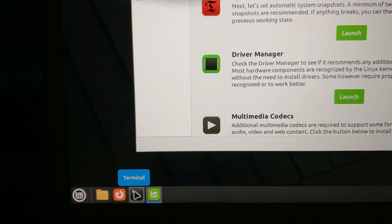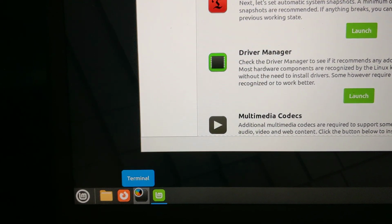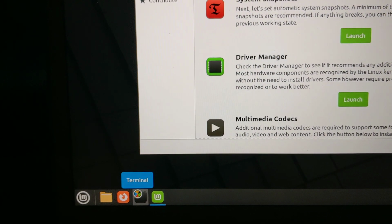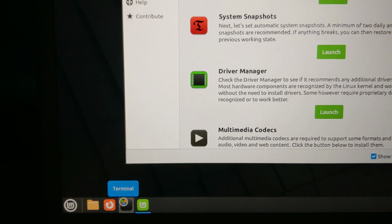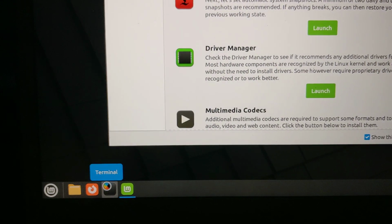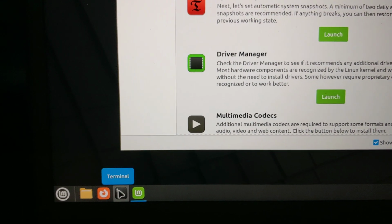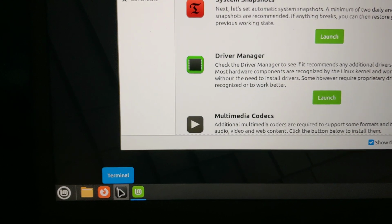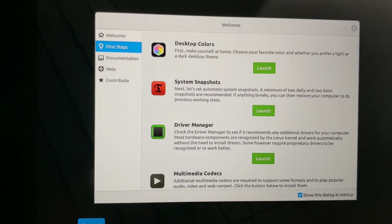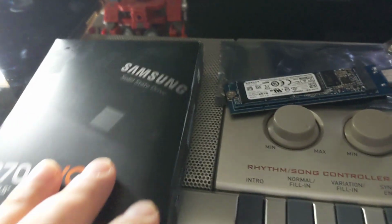And I'll do something else. Let's open a terminal session too. We'll see which one loads first. So, in my limited opinion, this isn't usable. This is way too slow to do anything. So again, if you're thinking about installing Linux, you can probably consider...